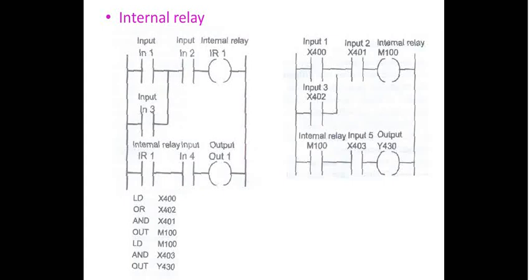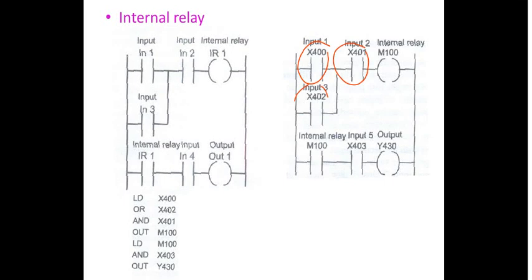So welcome back. This was the internal relay circuit which we have seen in our previous presentation, right? So I think the inputs here, that is X400, then 401, 402, together they actuate the internal relay, and along with the internal relay coils, one more input, that is S4 in our discussed example, which is here X403, that will actuate the output Y430. This was what we have seen in our previous presentation, right?